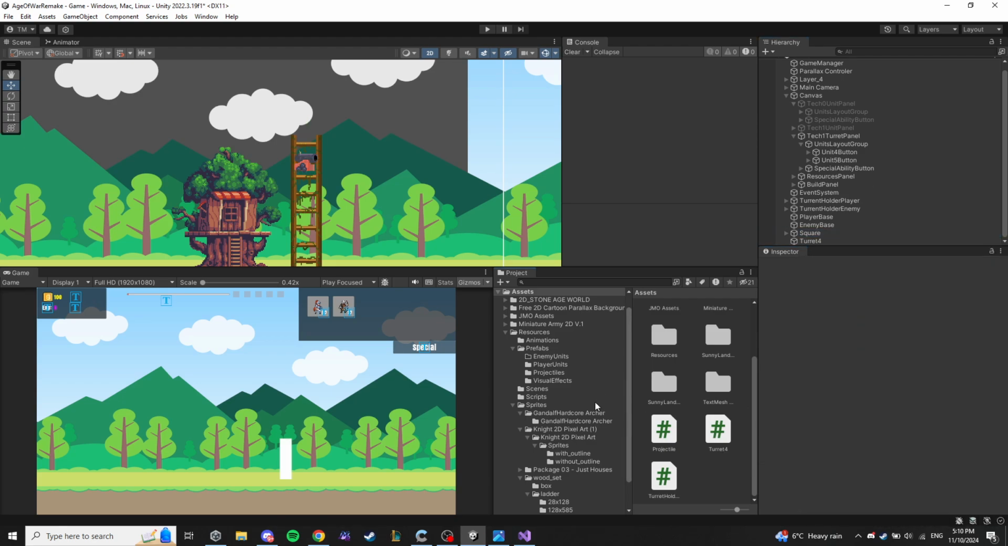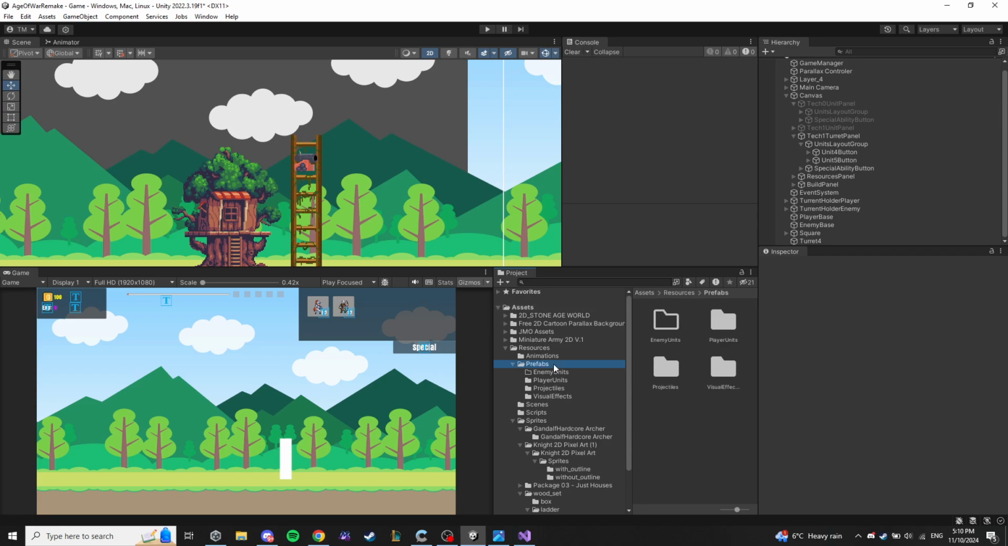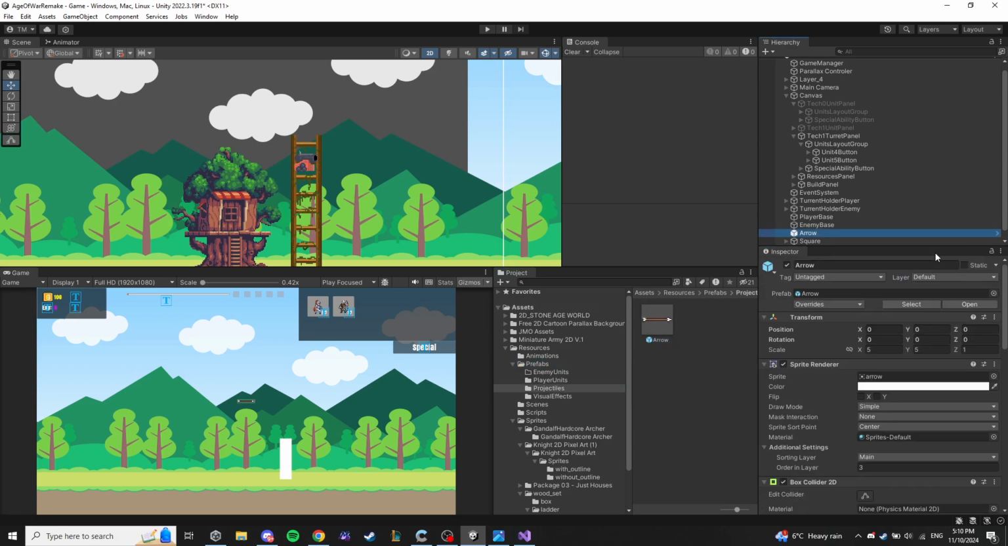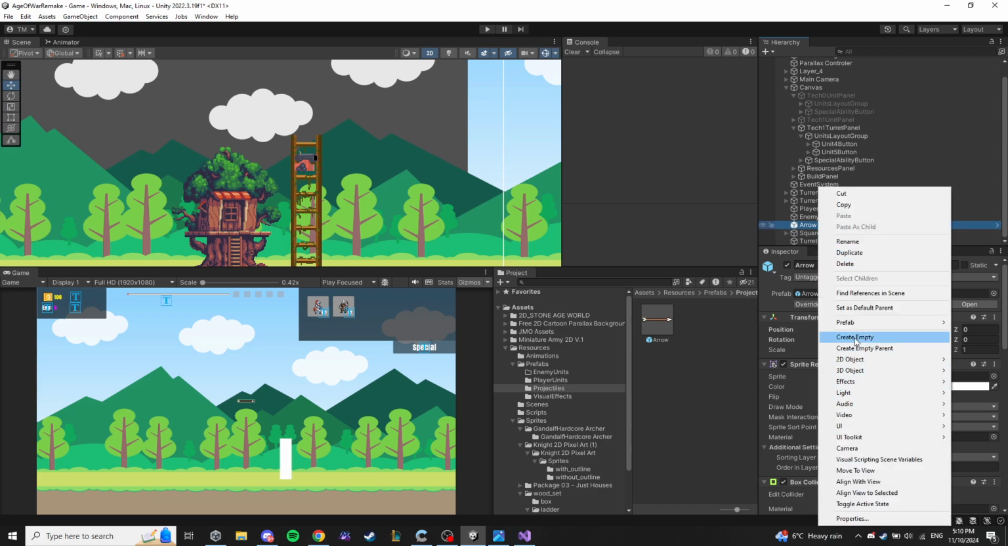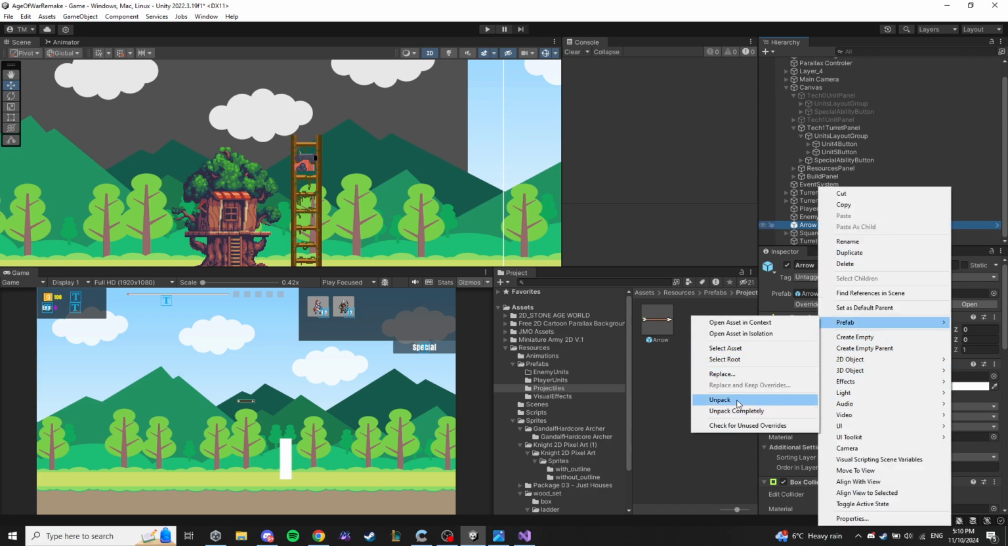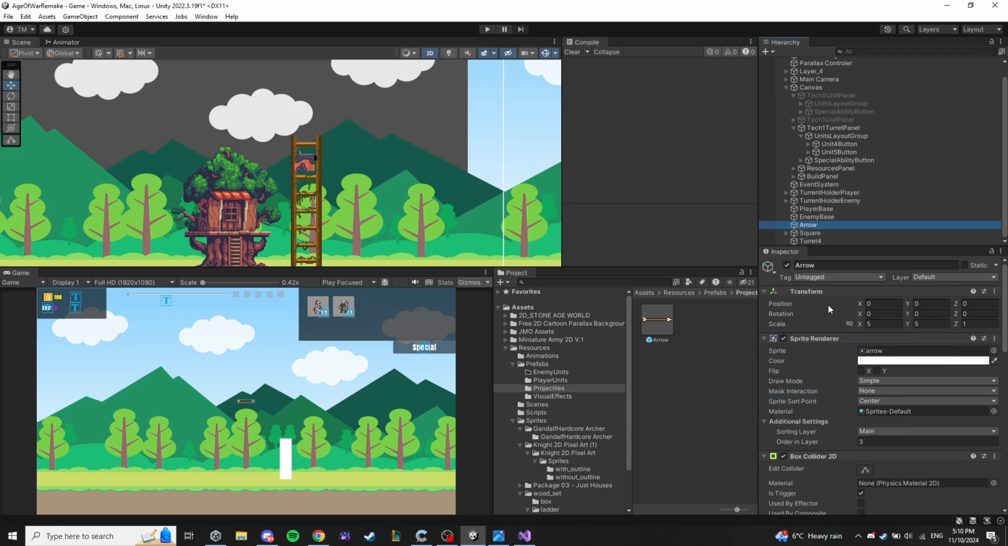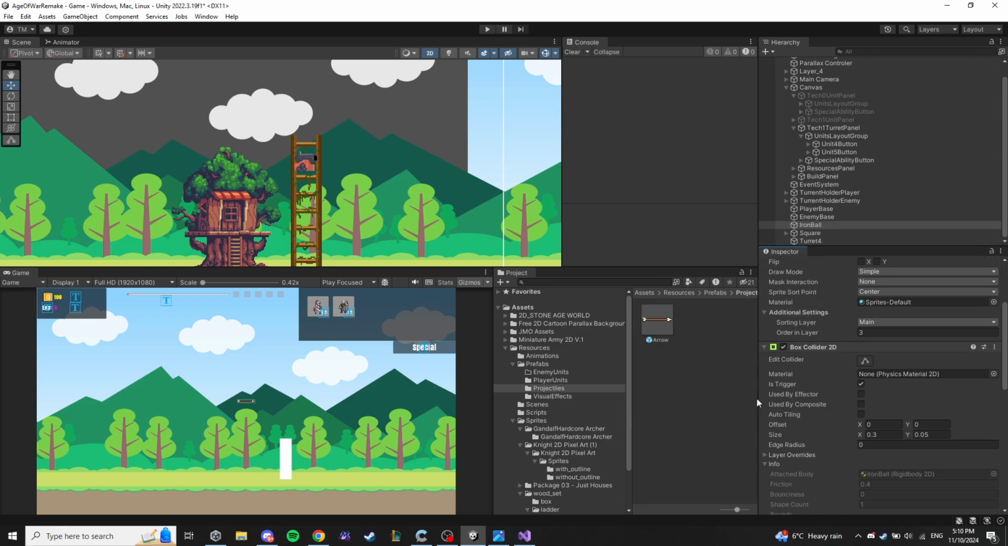We can duplicate the arrow projectile. Okay, let's take that arrow and unpack, so it's no longer a prefab. Okay, call this, I don't know, how do you call this? Arrow mode, I don't know. And let's modify the sprite with